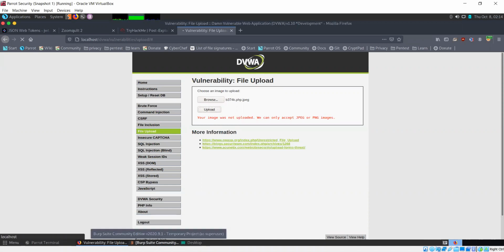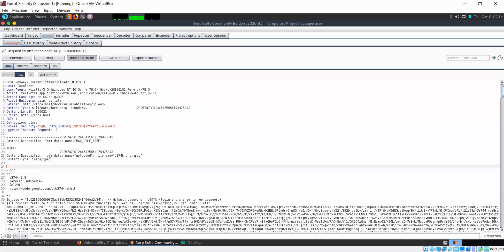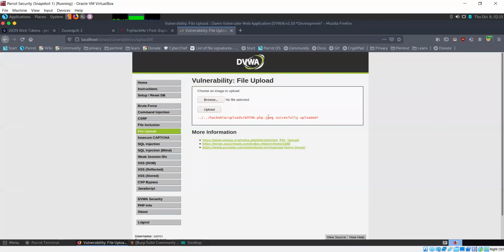Upload, and we get the request in Burp. Now in this case, I cannot change the extension, otherwise it's not going to work. And in the file content, we can simply add GIF89a, so that it's going to think that this is an actual image file. So forward this, and now our file was successfully uploaded.